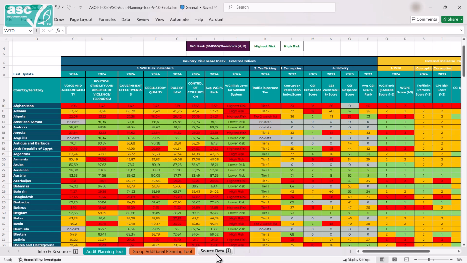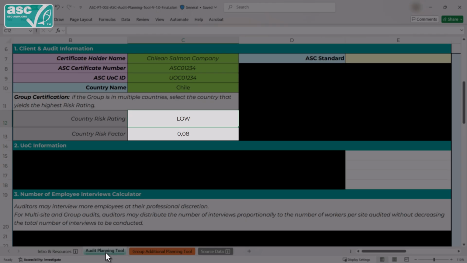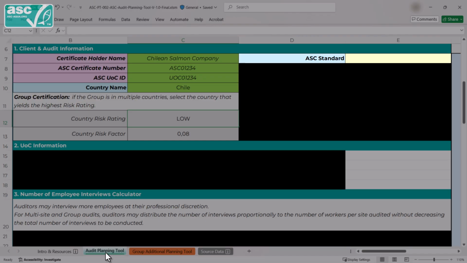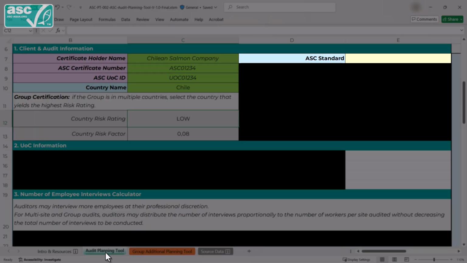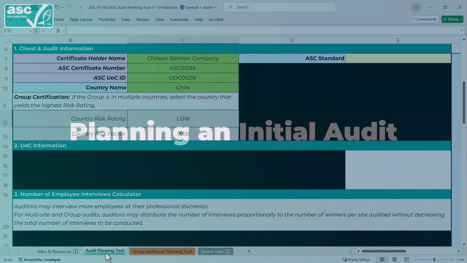But going back to our main worksheet, you might have noticed two things. First, some grey cells were automatically filled with information that relates to the country you selected. And second, new cells have appeared, showing you the next steps that are now relevant based on your input. So let's complete these new cells as they are progressively revealed.